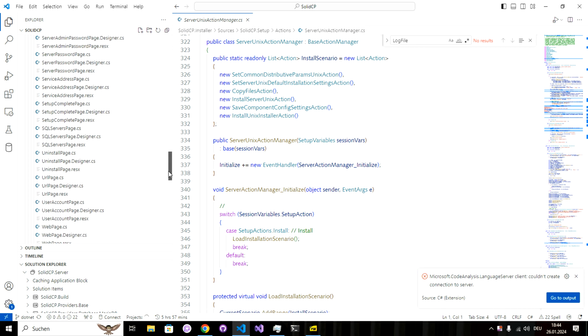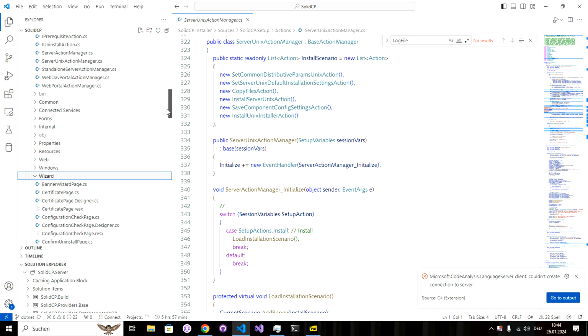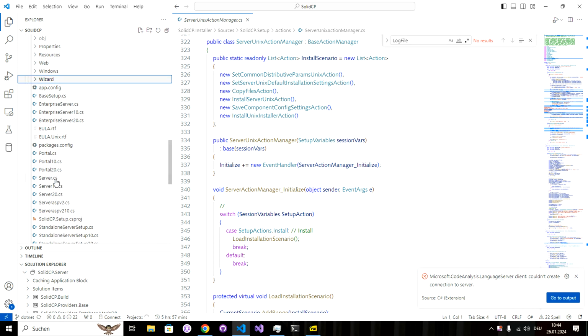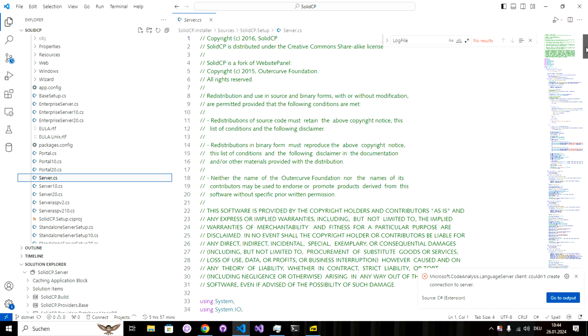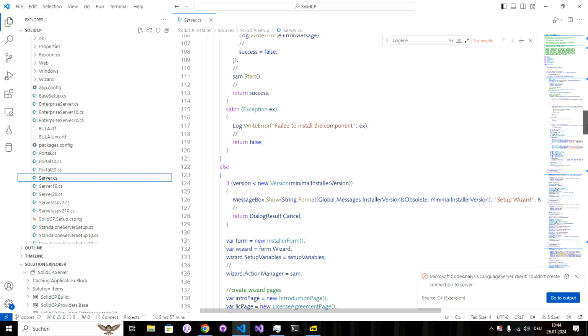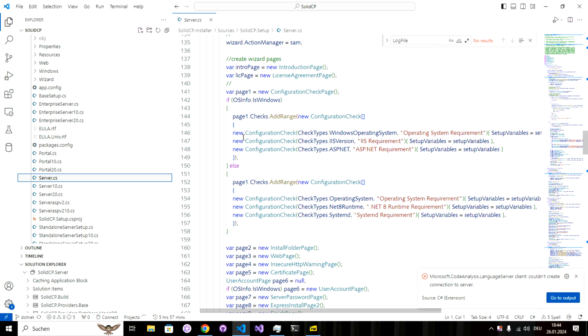Modifications of the installer. If you look here at the entry classes, like for example server, I think server, I'm not sure. Here we check if we are running on Windows. When we are running on Windows, we have the configuration check, and here's the configuration check for Linux. We check for the .NET 8 runtime and for systemd,